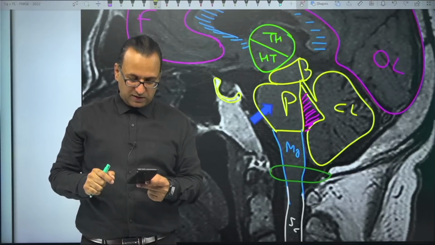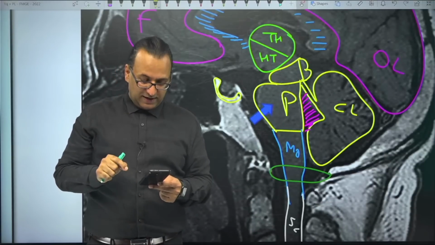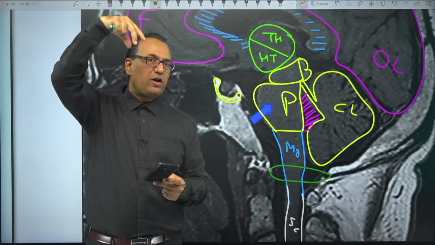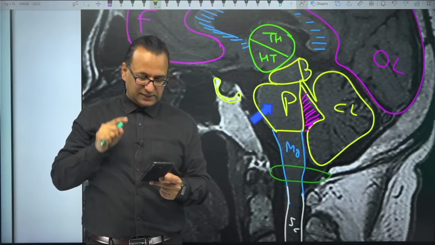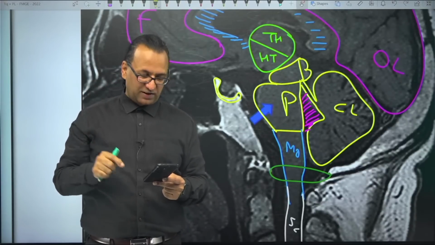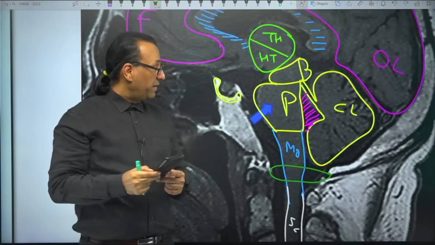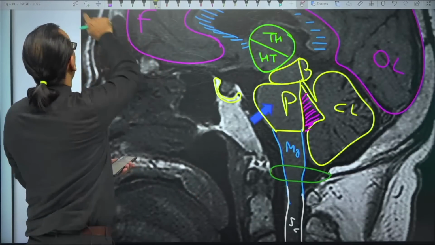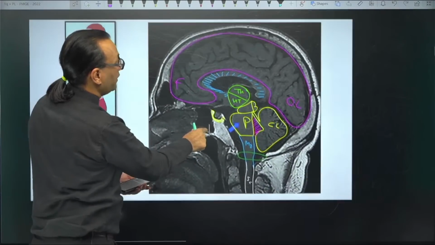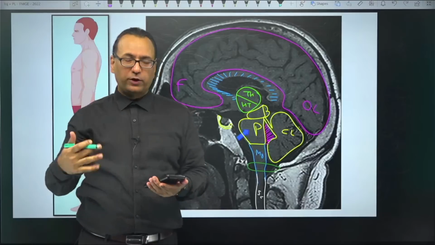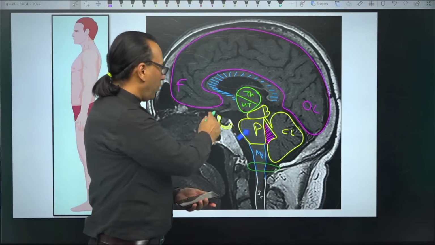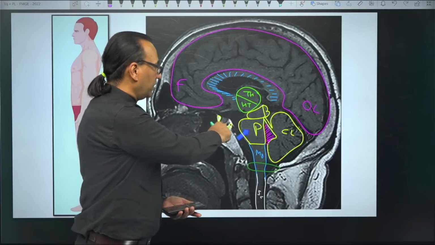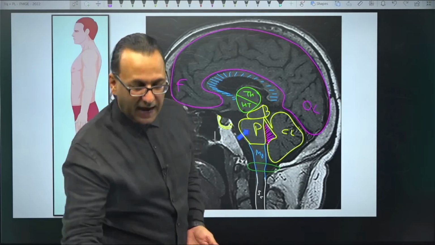Pituitary gland, fantastic. Not pineal, pituitary. And what is that bone? Where is it sitting? Body of sphenoid. What is that called? Sella turcica. Fantastic. So maybe that is a simple question, but the problem is, when it comes to you like this, you may not be able to identify it until you keep practicing. So this bone is the body of sphenoid at the floor of the middle cranial fossa,